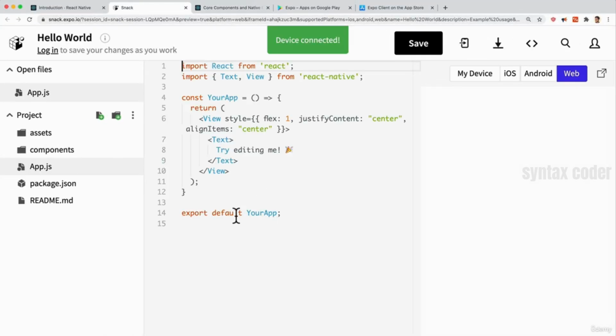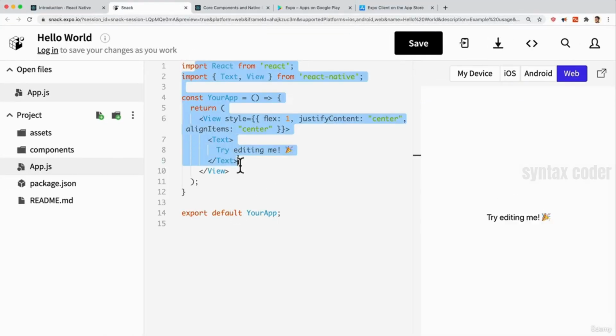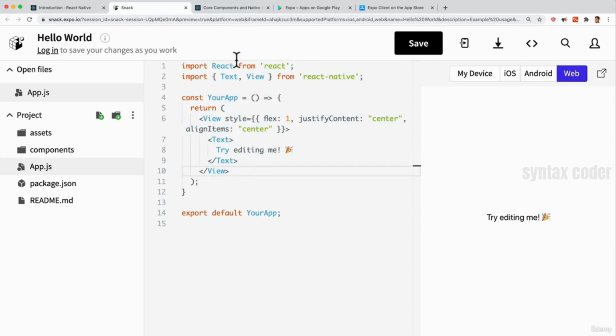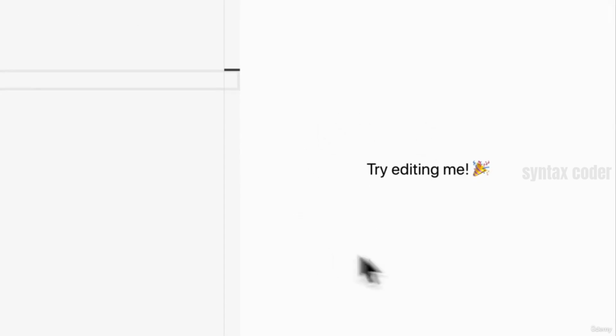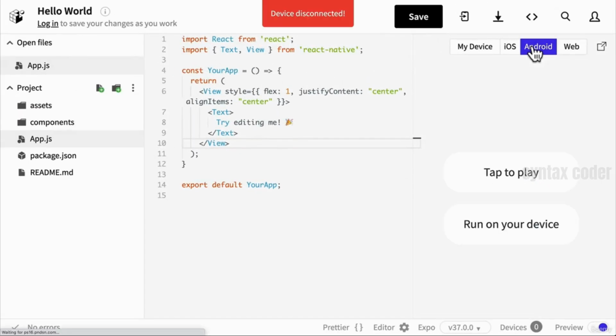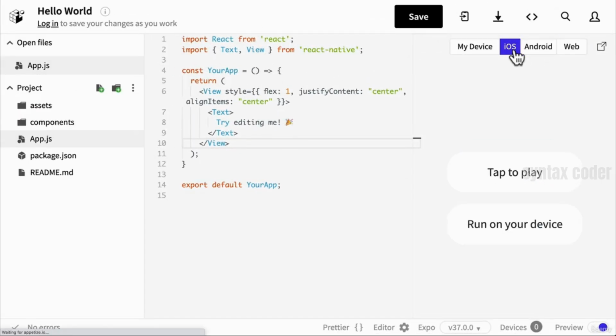And this is going to open up a new tab where we have some code, an interactive online code editor that we can use. And this is our app over here to the right that says, try editing me. Nothing too crazy. You see here that we also have the web version. So right now I'm just seeing it on my Chrome browser, but I can also do Android. I can do iOS